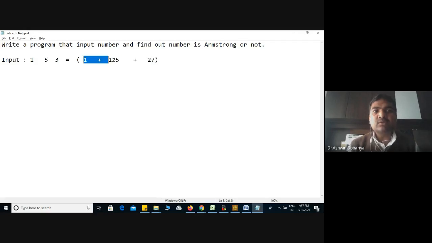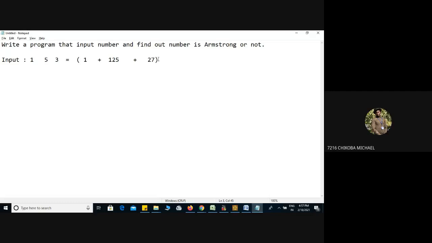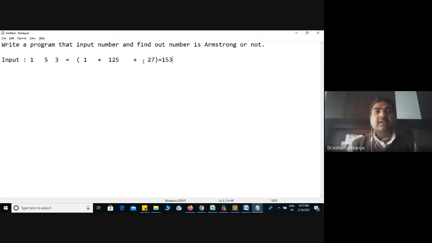What is the sum of this? 153. Now, if the sum of the cubes of the individual digits is equivalent to the original number, then it is known as an Armstrong number. If the sum of the cubes of the digits equals the original number, that is an Armstrong number.